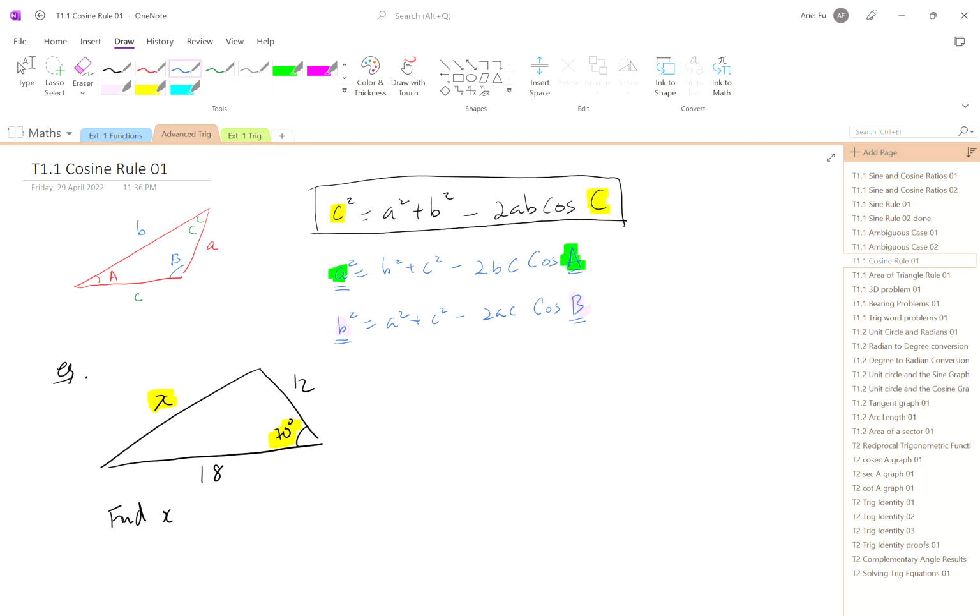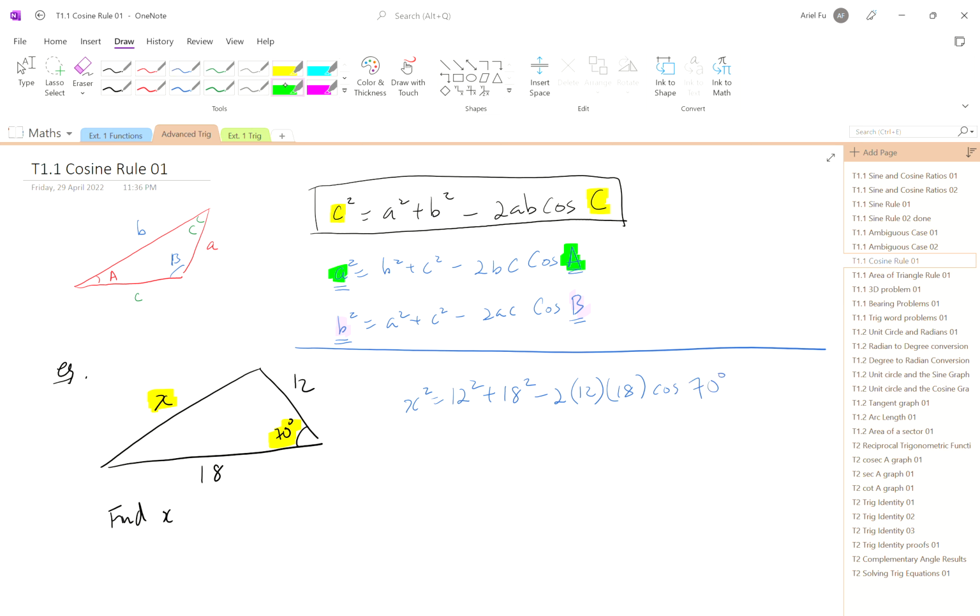So this means that x squared equals a squared plus b squared minus 2 times a b, which is 18, cosine of the angle opposite to it. So again, I'm going to highlight the fact that angle and side must be opposite to each other. And from there, it's just a matter of putting everything into a calculator: 12 squared plus 18 squared minus 2 times 12 times 18 cosine 70. That will give you